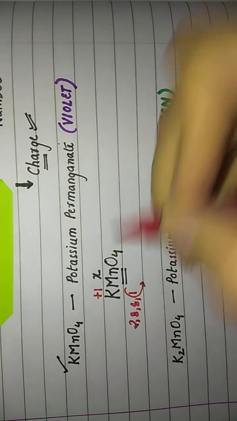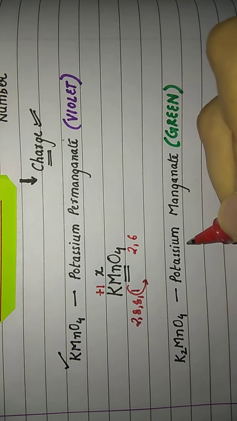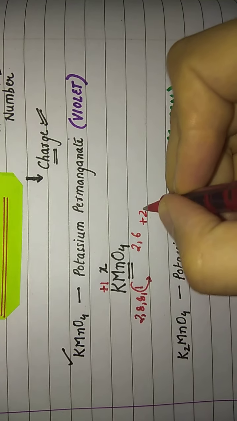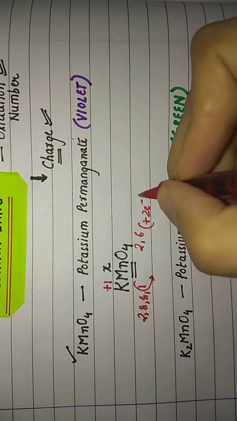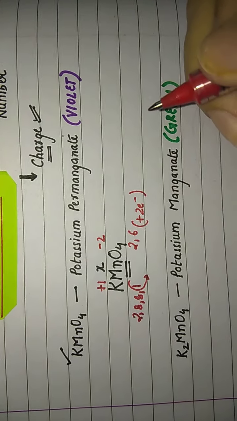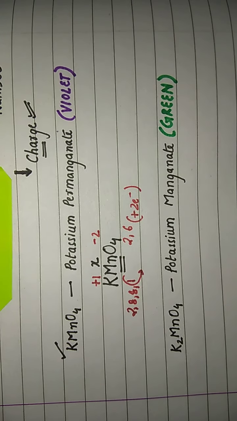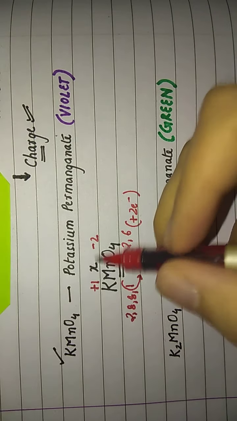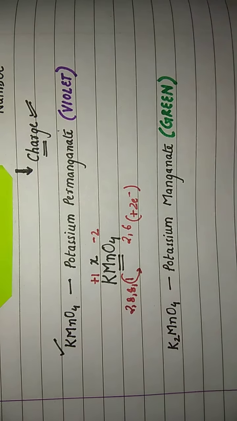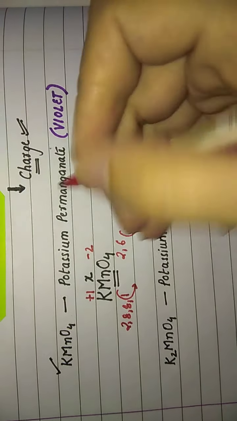Similarly, the electronic configuration of oxygen that you've done so far is 2, 6. And how does this become stable? By adding 2 electrons in the last shell, thus acquiring a -2 charge. For the oxide ion, you always have a -2 charge. So oxygen exhibits a charge of -2. Now, I do not know the oxidation state of manganese in this particular compound, which I need to calculate. Let us see how we can calculate that.